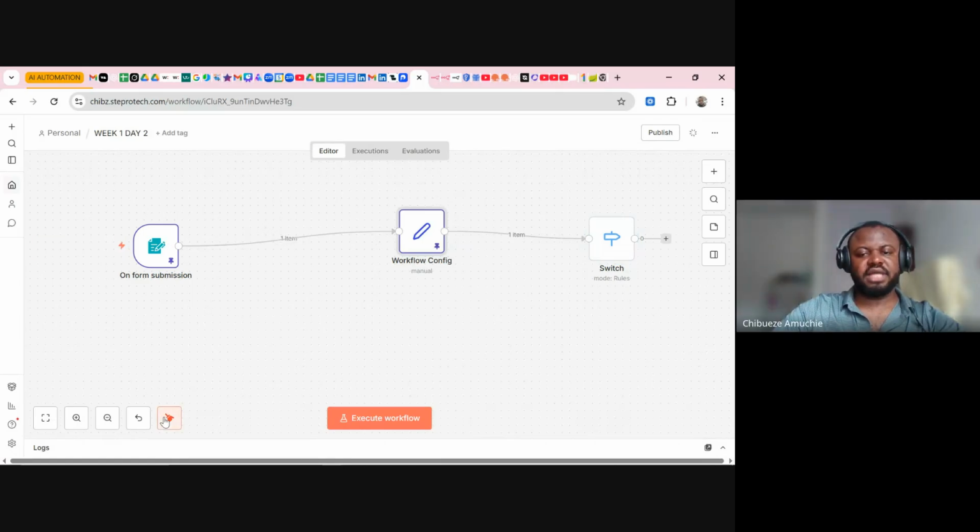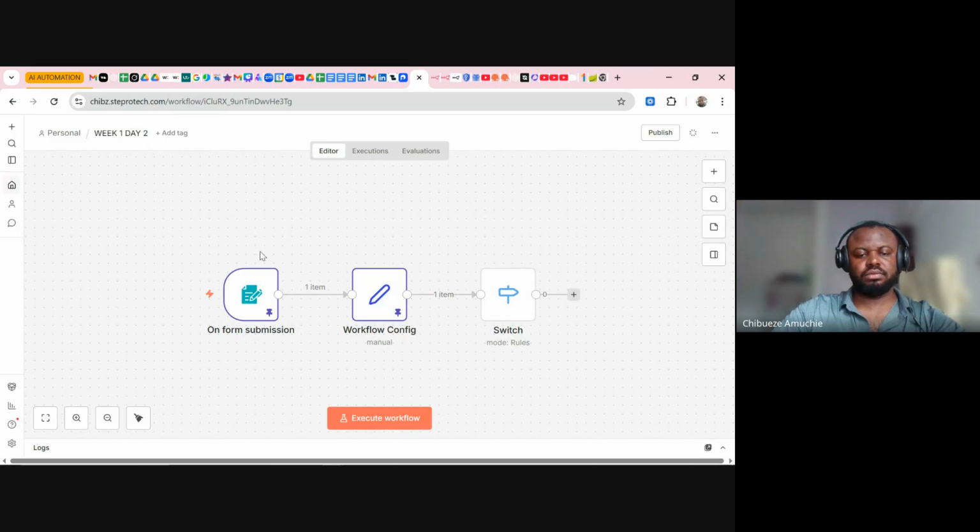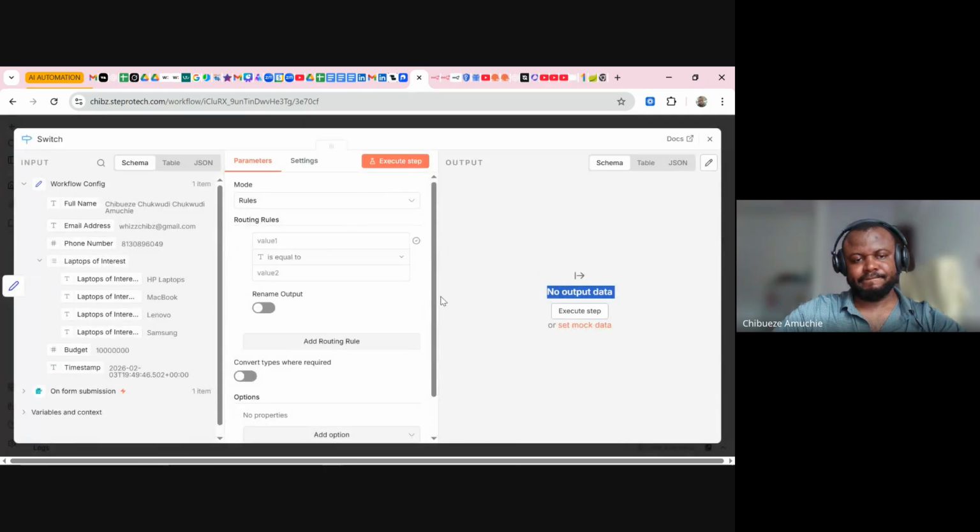Now, sometimes I will tell you, send data to your switch. When I say send data to your switch, I simply mean execute this step, and let your switch catch the data. All right. Now, if I execute this step, because I already have pinned data on it, you can see it has repeated one item. Now, if I go to this switch, now the problem you are having,